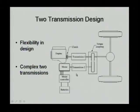The reason you need a transmission for the motor is that usually in a hybrid we design the motor with a high rated speed, which means the motor speed is much higher than the wheel speed. So in that case, we need to gear down the motor speed. The reason we need a high-speed motor is because we want to reduce the size of the motor. So you have the motor at high speed, then you have the vehicle at a lower speed, so you need gear between them. So this gear is for the purpose of reducing